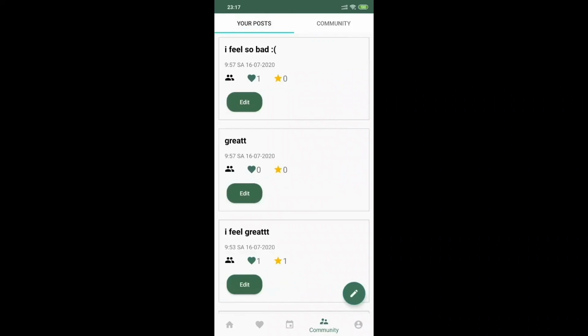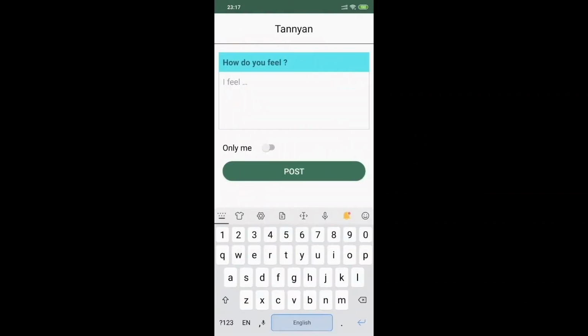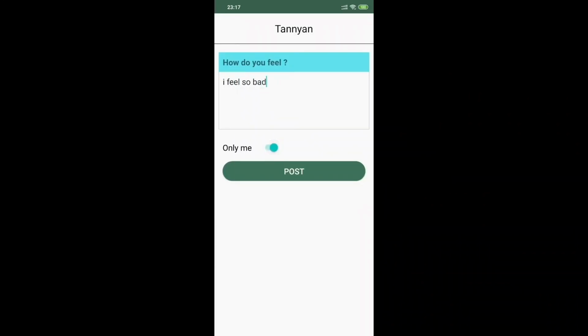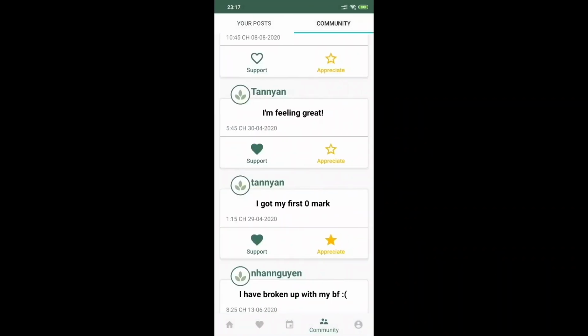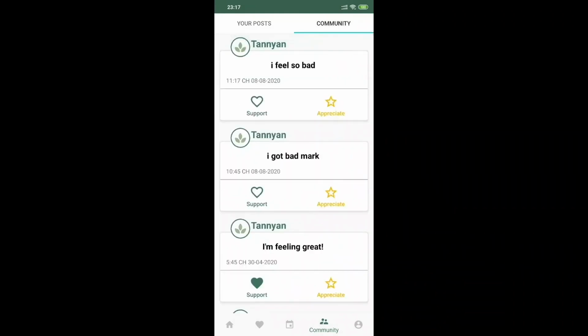After expressing their feelings, users can customize their privacy preference, private or public. If users choose private, only they can see their post, like an online journal. Meanwhile, by setting it public, users can not only freely release their emotions, but also receive sympathy through support or appreciate replies instead of comments, which helps users avoid being hurt or offended by negative opinions.